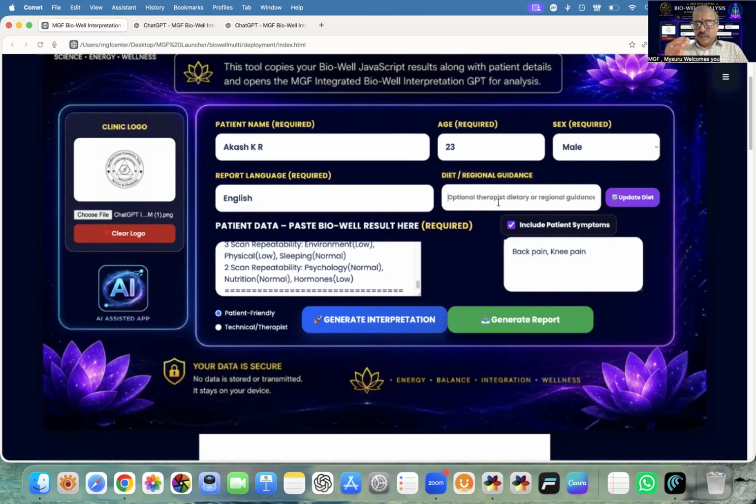and it gives you, preliminarily, the important ingredients to the patient. Now, if you want, this is patient friendly, you can also take a technical report. Simply click this button here, technical, right? Now you know the symptoms as it is. With the findings, you also see in the diet,